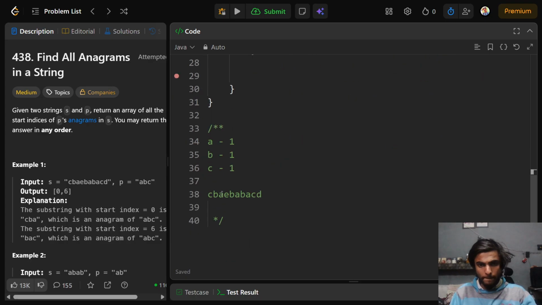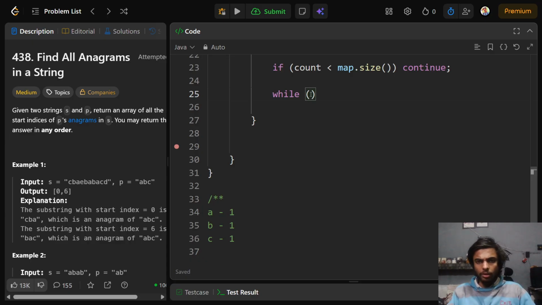I can just add a starting index, which is 0 at this point. But for example, I also need to set the frequency back to the original frequency, because we need to find these characters again. And I think that's what my i is going to do. While i is smaller than j, starting character,